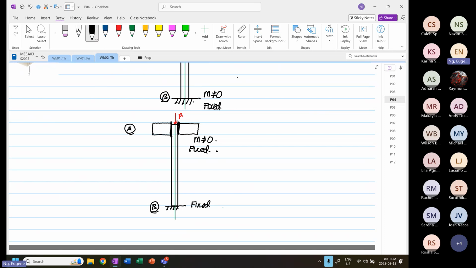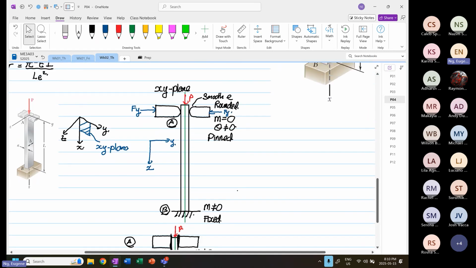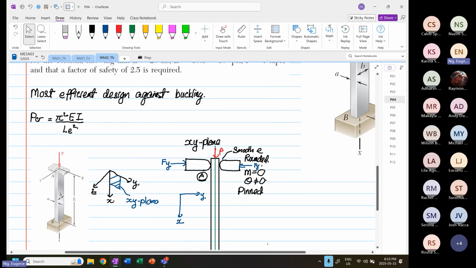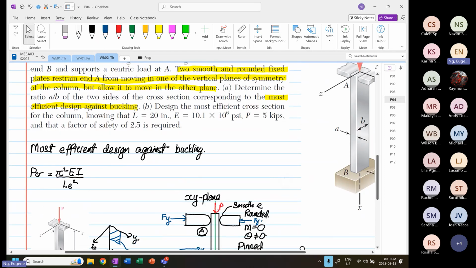Because the vertical section is preventing the rotation. To prevent a rotation, you need to have an acting moment. That's why moment is not equal to 0. So for this reason, we have to be very, very careful. For this reason, they highlight that